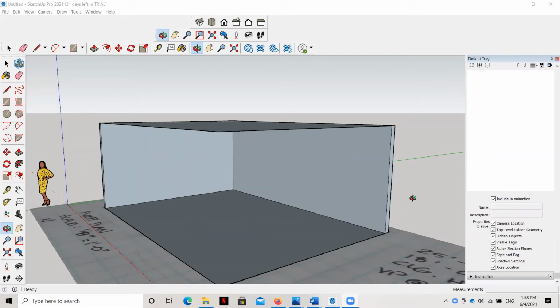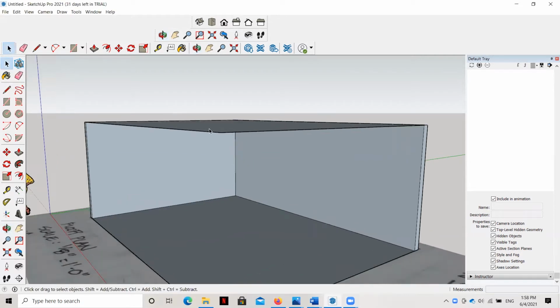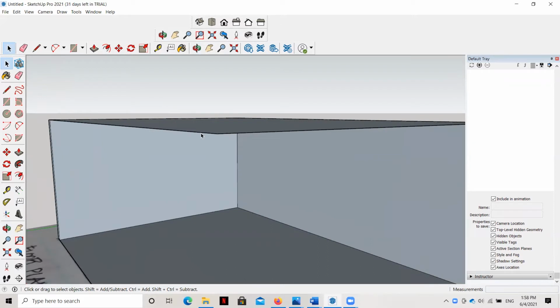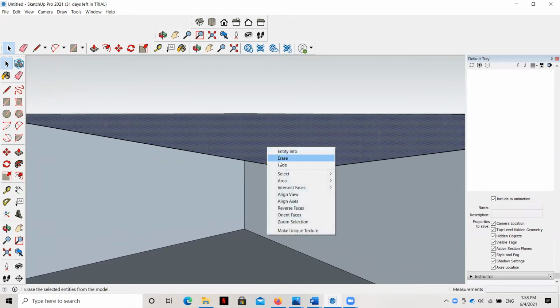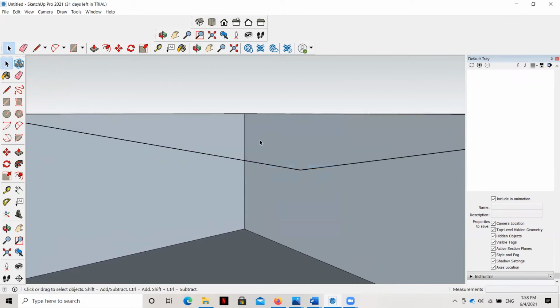In this video, I'm going to teach you how to create camera views, or what SketchUp refers to as scenes of your perspective. Now, it can be helpful to hide a couple of things so that we can see our floor plan once again. As you can see, I'm just grabbing the ceiling that I just drew, and I'm going to right click on it and hit hide.